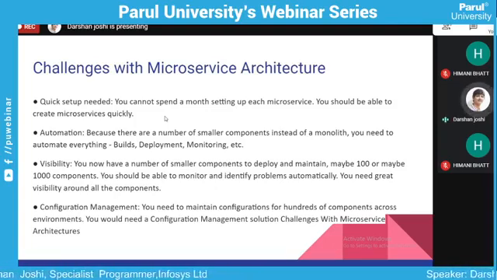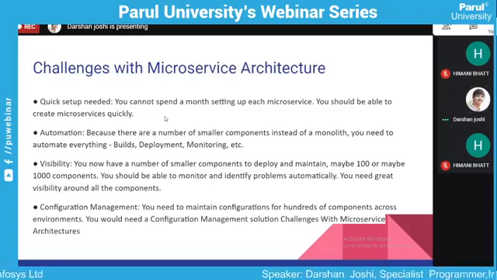In case of Java, you have to create a jar or war and deploy that. So the creation of the jar file needs to be automated, and deployment. The jar needs to be deployed on some server, so that deployment needs to be automated.